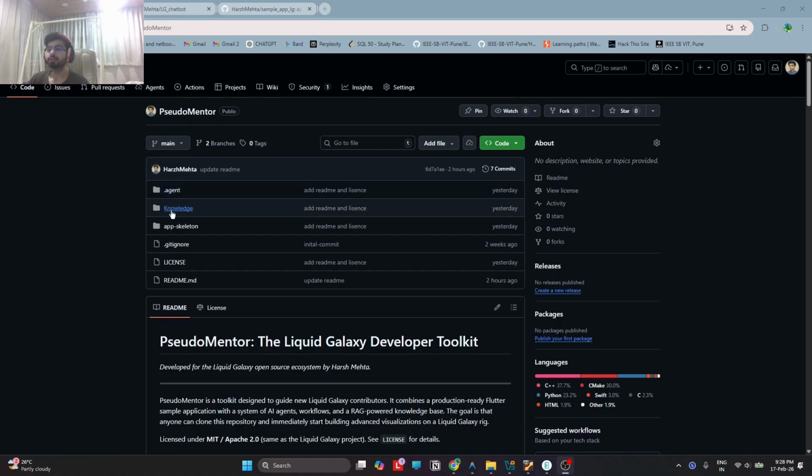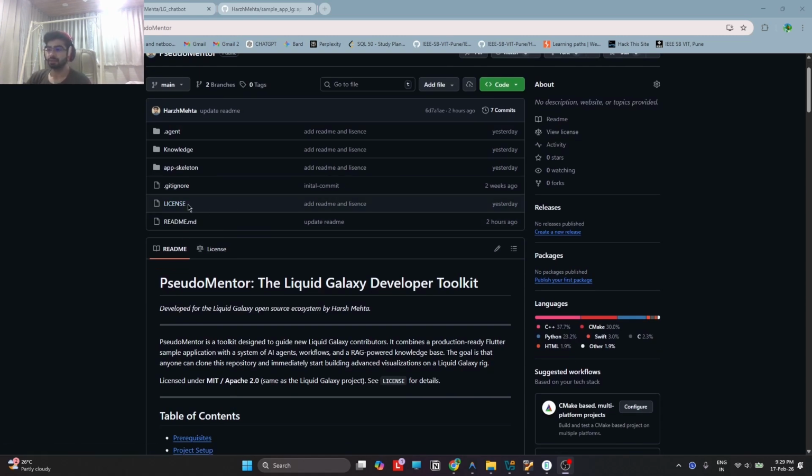It has agents, a knowledge base. Knowledge would be something unique that I have done for this project. And we have an app skeleton. This is a very basic controller app which can perform basic actions related to KML with the Liquid Galaxy system. And then we have the license which I took from the internet, the MIT license, and there is a README